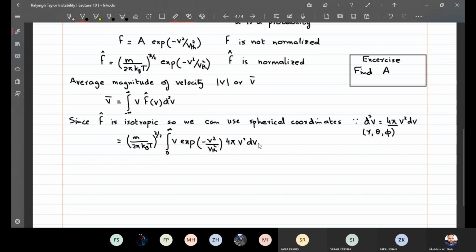I am going to define another variable to solve this quantity. Let y equal v over v thermal, then dy equals dv by v thermal, or you can say dv equals v thermal dy. Now substituting this quantity here, we will get